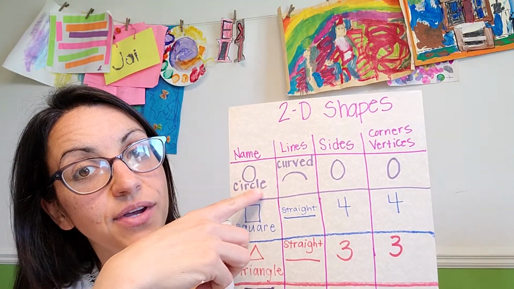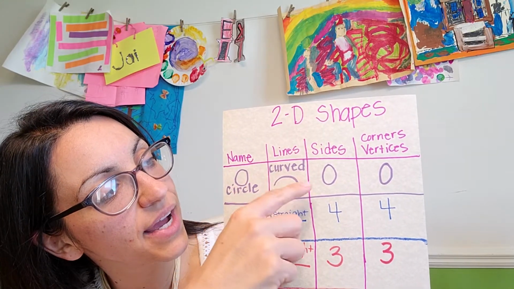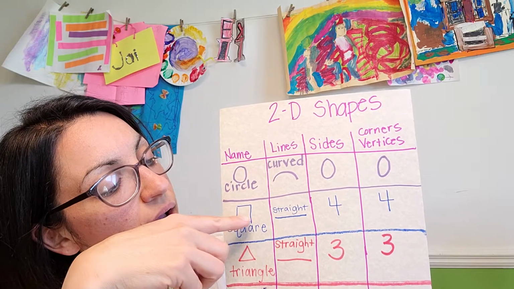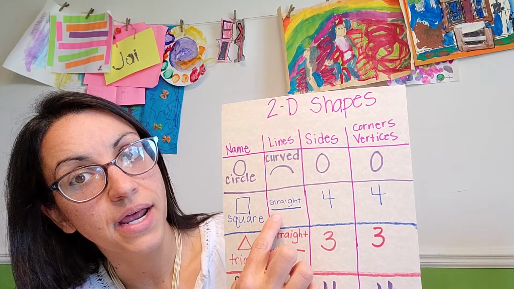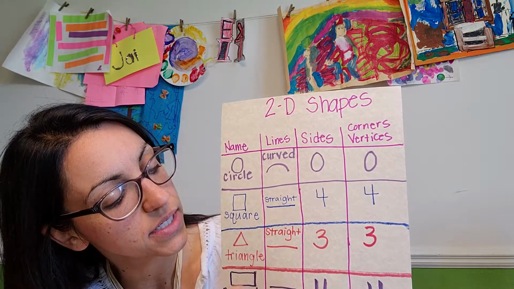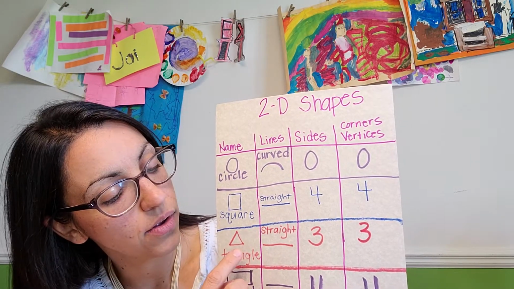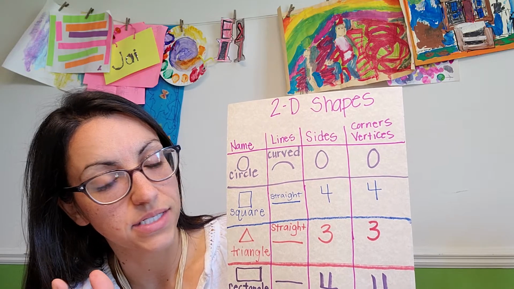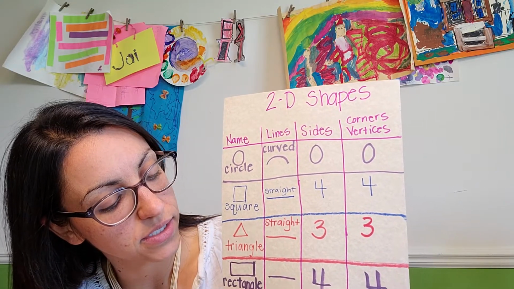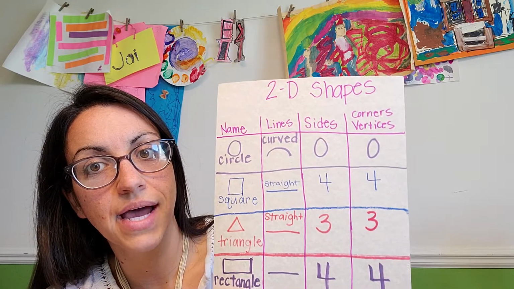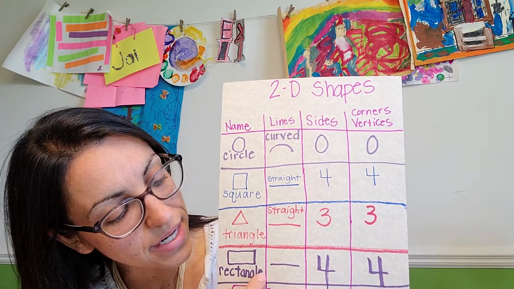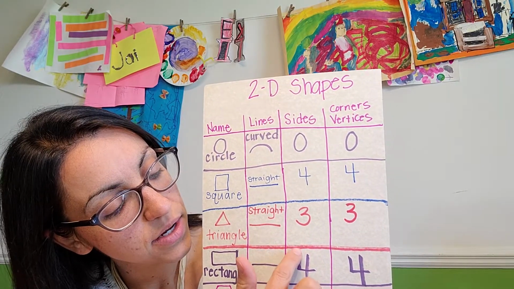So a circle. Remember, a circle has curved lines, 0 sides, and 0 vertices. A square is made out of straight lines. It has 4 sides and 4 vertices. A triangle, no matter what it looks like, we talked about lots of different triangles, has 3 sides and 1, 2, 3 vertices. And we also learned about yesterday rectangles, and we learned that a rectangle has straight lines, 4